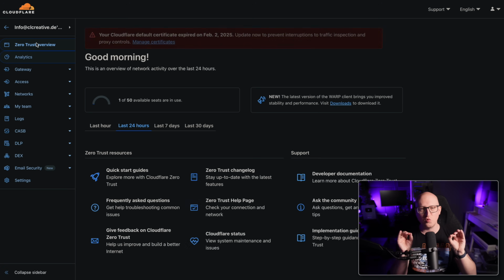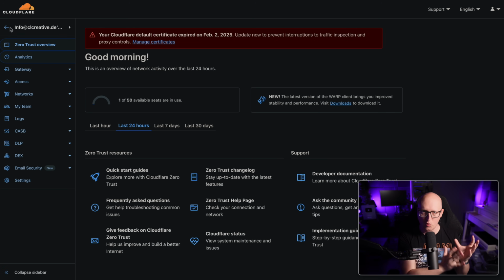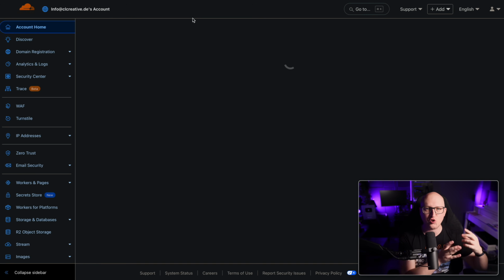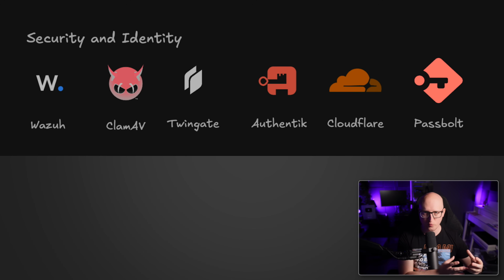But I see them as two separate things here, because TwinGate is mostly there for providing access to internal resources to managed users. Like you have to log into TwinGate, you have to authenticate and get access to it. With Cloudflare tunnels, you can securely publish a service using ZTNA, but to any unauthenticated users as well, so to the public internet. And this is the way how I'm protecting some of the webhook endpoints in my local network